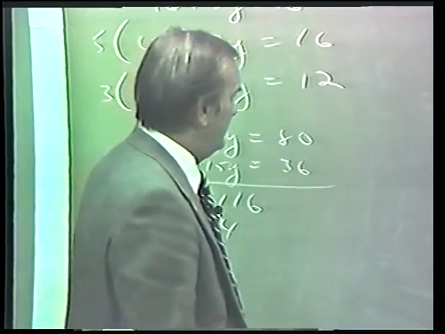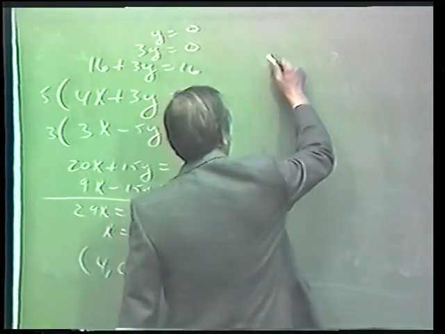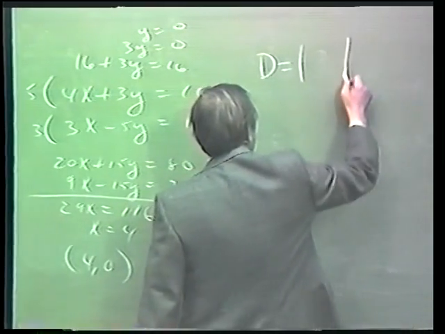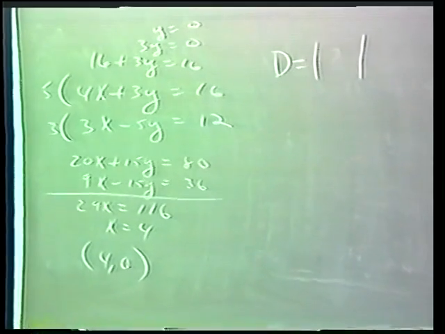Now I said the second way we have is the determinant method. Now in the determinant method, the first thing you have to do is find what's called D, the general determinant. In order to find